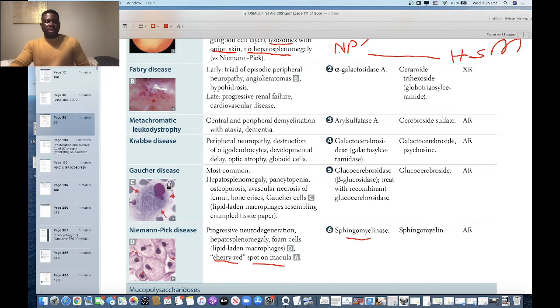Now, next one, which other ones can we differentiate? Let's differentiate Gaucher and Niemann-Pick. Okay, these two. Now, they both have hepatosplenomegaly. Have you seen that? Both of them have hepatosplenomegaly. Now, apart from the enzymes that are deficient, for that we will surely know, apart from that, the difference is that